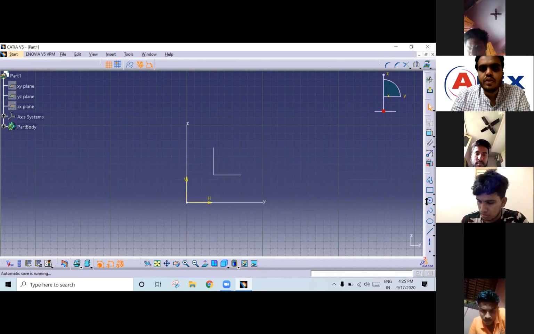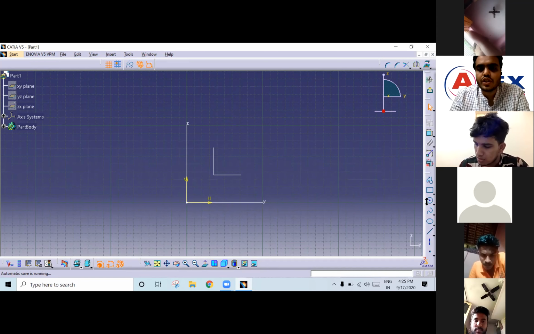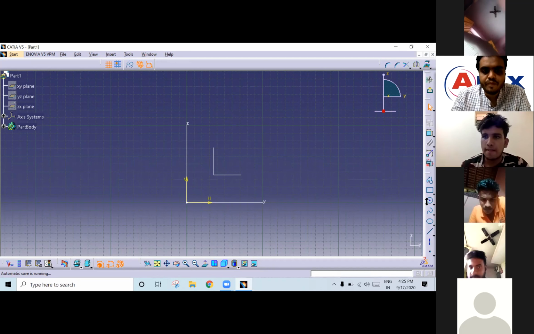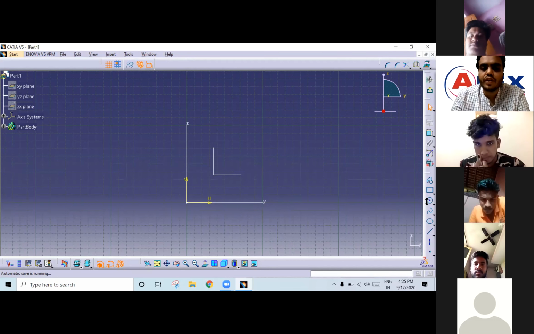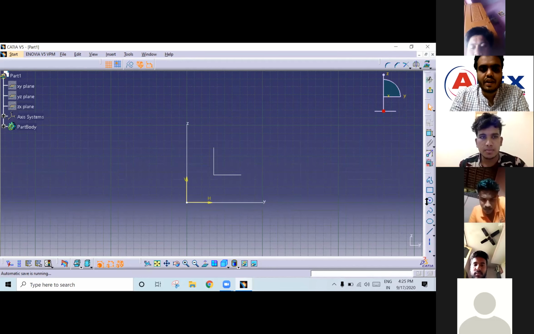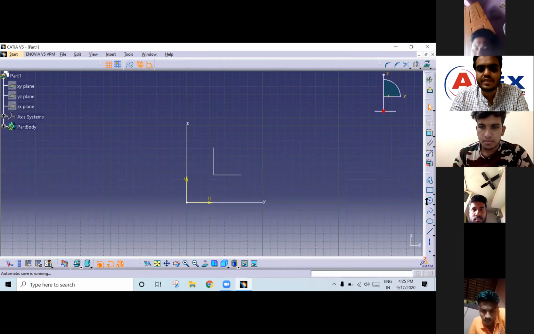Okay, so this is very important. If you are creating any sketches, those sketches should be iso constrained. You need to check each time the status of constraint, whether the sketch you have created is iso constrained or not. Under constraint means you need to make it constrained.